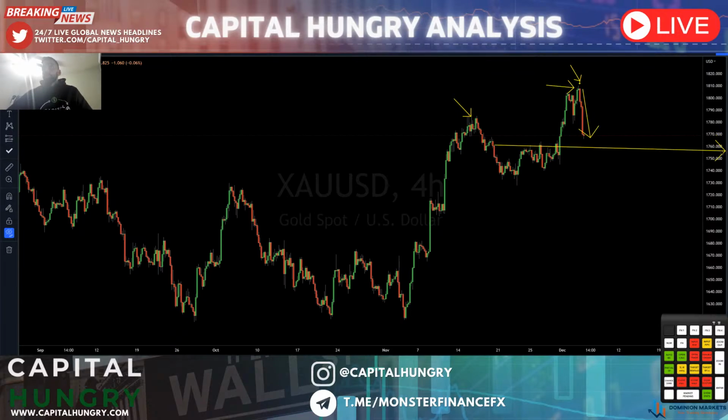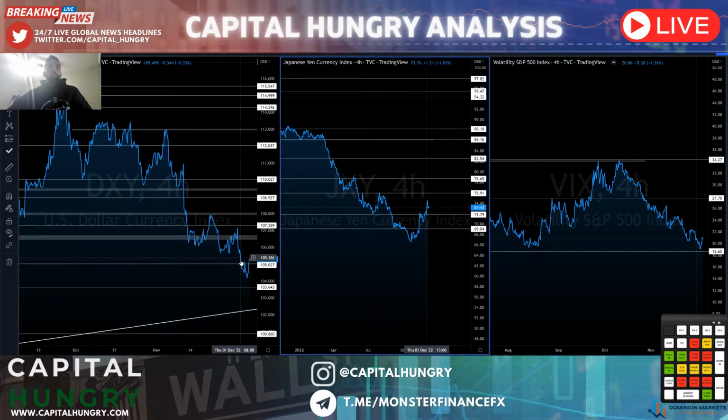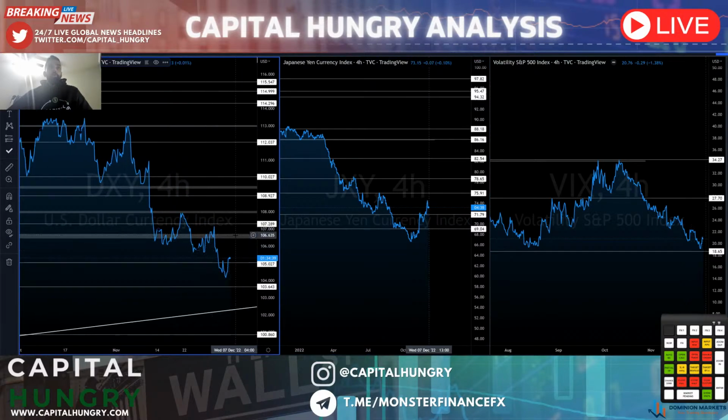We're still respecting above 1760. And in terms of sentiment confirms, we still have equities holding at their highs around 34K on US 30. GU and EURUSD are still bullish. Dollar is still bearish as long as it's holding below that 107 handle. It's still just having a pullback from new intraday lows being printed. Very similar to any of these situations where these pullback phases can get faded out, still continuing the trend.